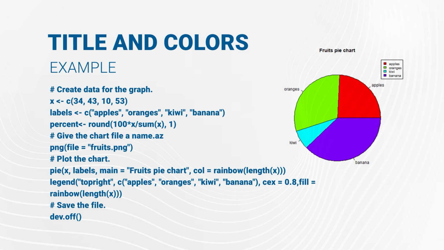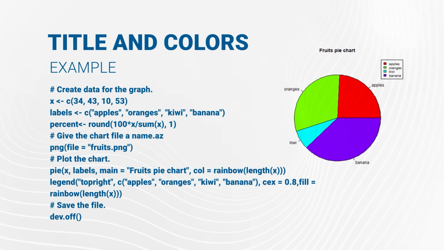So if you see the function legend there, after you have drawn the pie chart, you just have to add one more function, that is legend, and you can write where you want to add the legend. Like in this particular case, we have added the legend to the top right, which is the most used case. So at the top right, and to which particular fruits that legend will be added to,